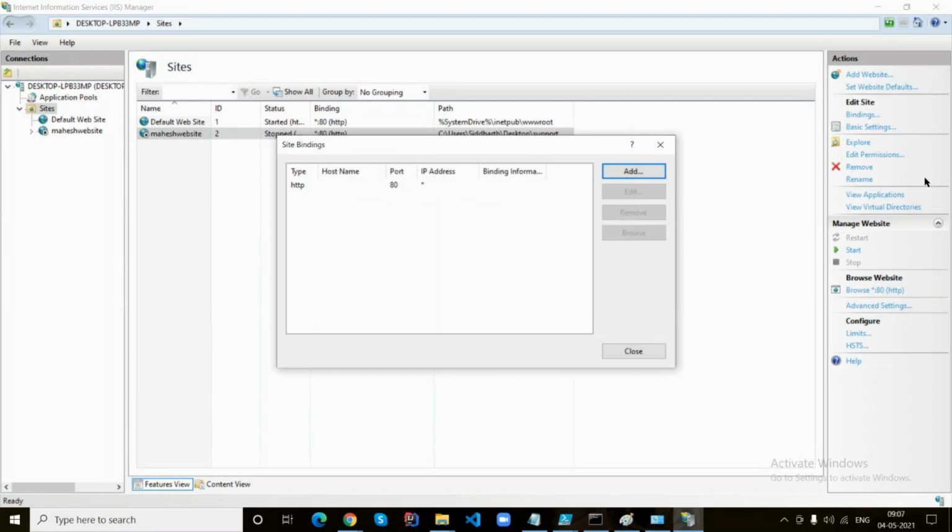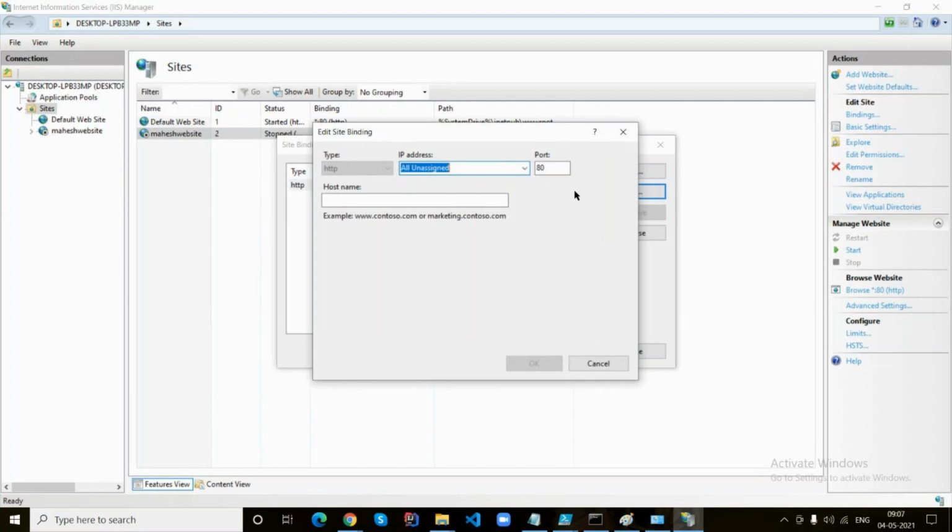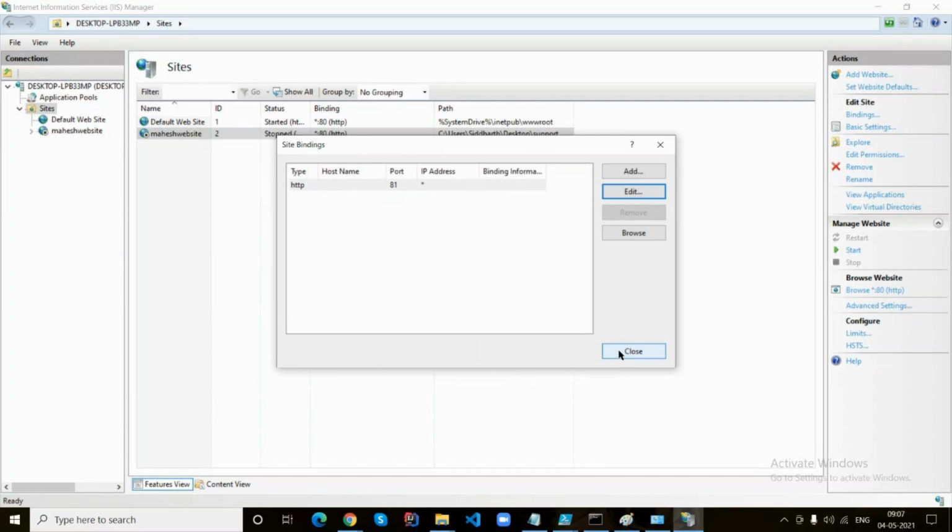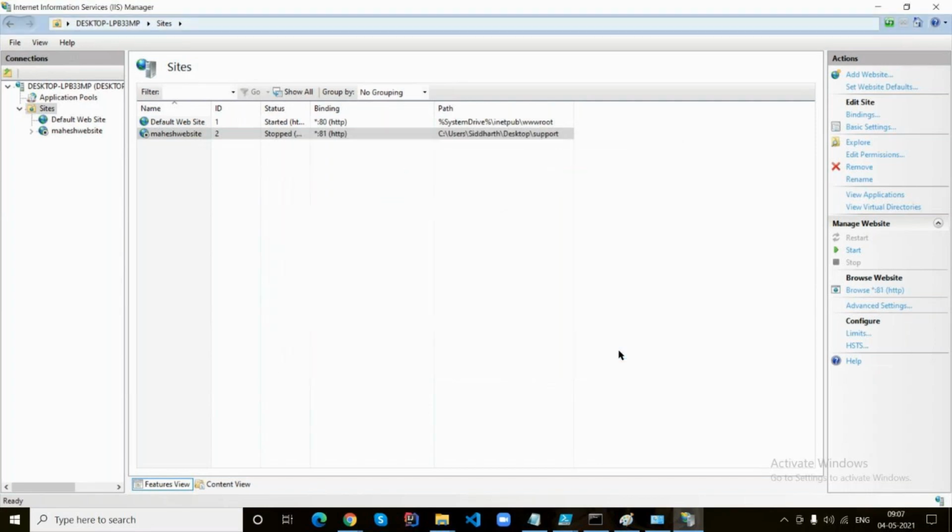Select the values in the table. 80. Edit. Make it 81 or 82 because 80 is being used for the default website. Yep. Okay. Click on close. Now start the website, please.